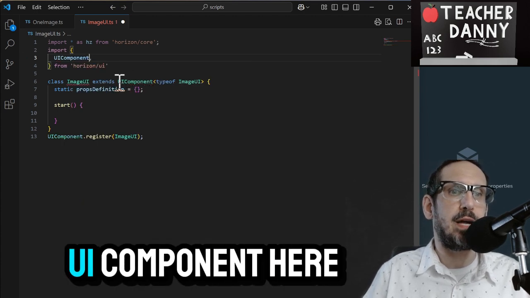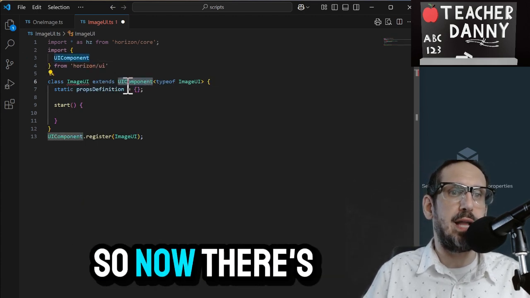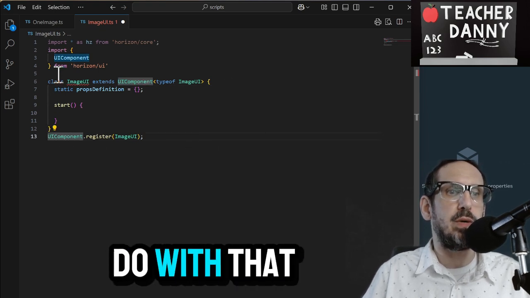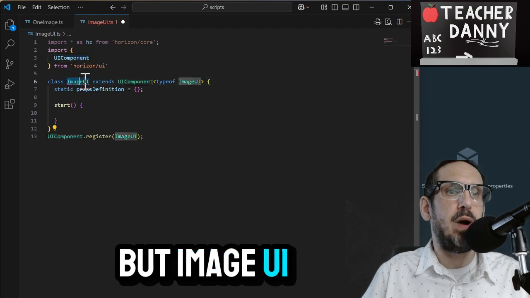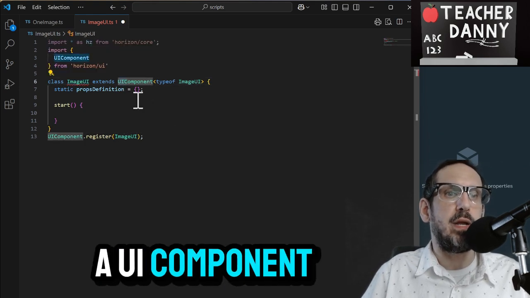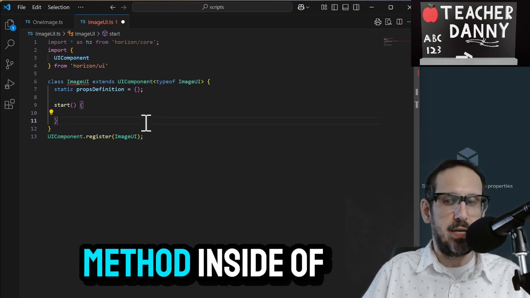See, we got UI component here. That's what we wanted to import. So now there's no errors on UI component. Now VS Code knows what to do with that. But image UI now has an error. Why? That's because once you call something a UI component, it has to have a certain method inside of it